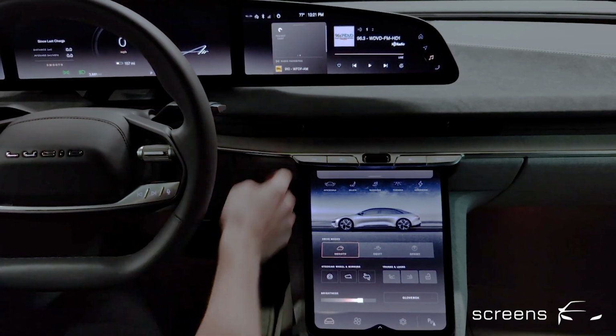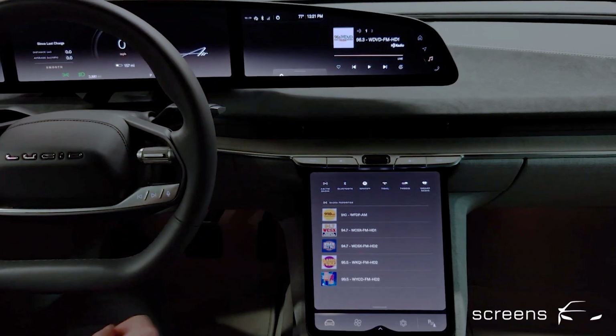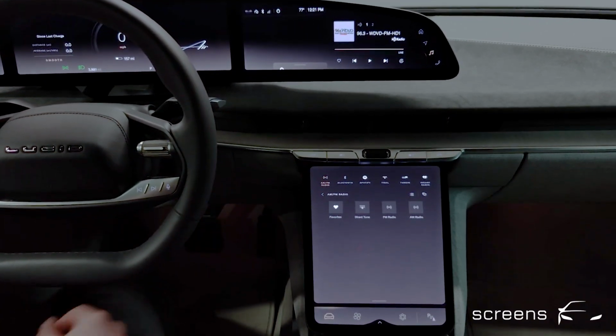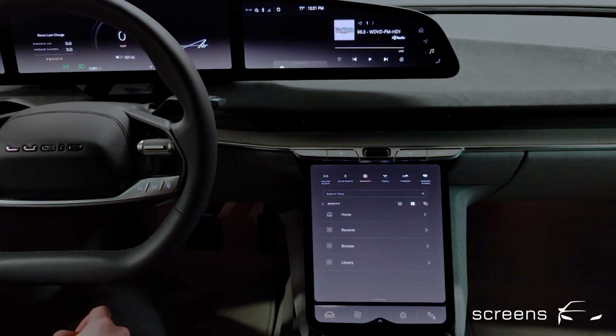So let's have a closer look at the subunit again. We have AM and FM stations, Spotify,